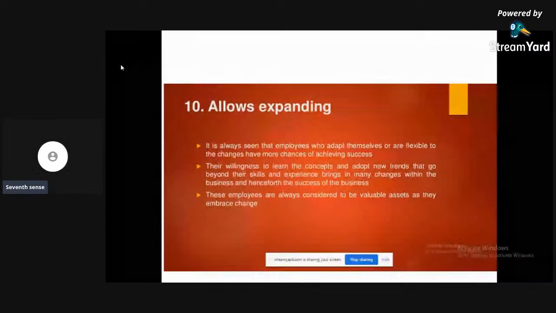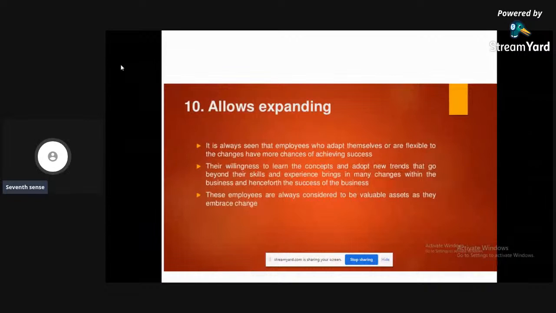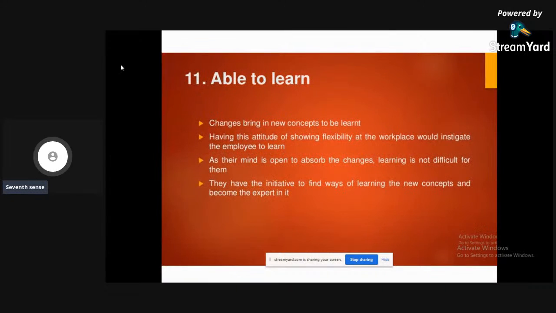Allowing expanding. When you have a profitable company, then you will be expanding the company. While you are expanding the company, hiring new people will happen, and then training them. New big projects you'll be taking care of, and many different things you'll be doing. At that time, flexibility should be the key. Changing according to the situations, expanding. Sometimes you will hire less skilled people. At that time, you should know how to train them and deal with them.